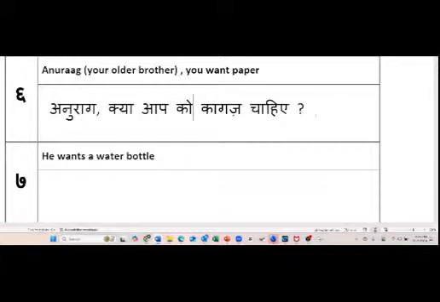Okay. And then I've always given you an example in most households, like my daughter, I have a 21-year-old daughter. She calls her mother tu when she speaks to her mother, but she will call me aap. Why? Because most times kids are closer to their mom than to their dad.